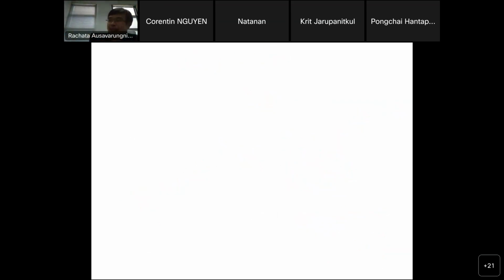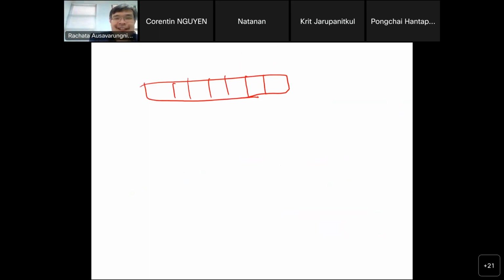So this is a blank slide. The reason I took the slide down and put it back up is so I can add this blank slide. Let's say I have an array of this size for my string: 1, 2, 3, 4, 5, 6, 7. So this is char arr[7]. I have 7 slots for this.